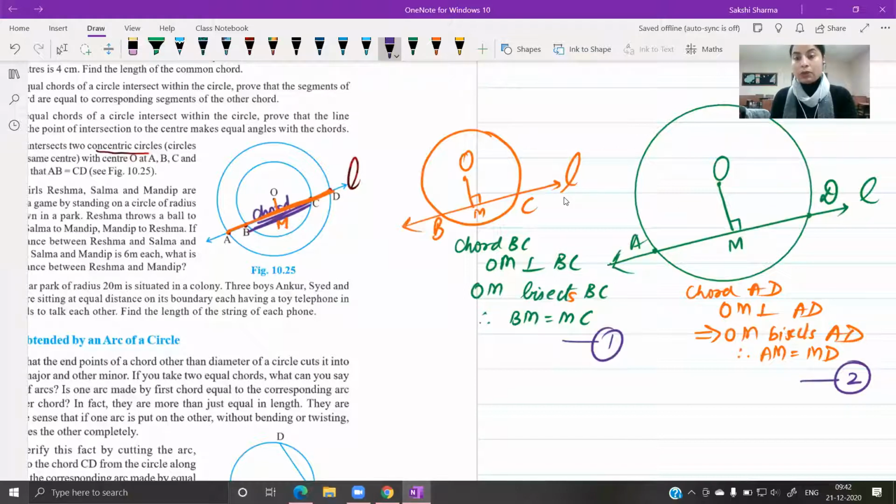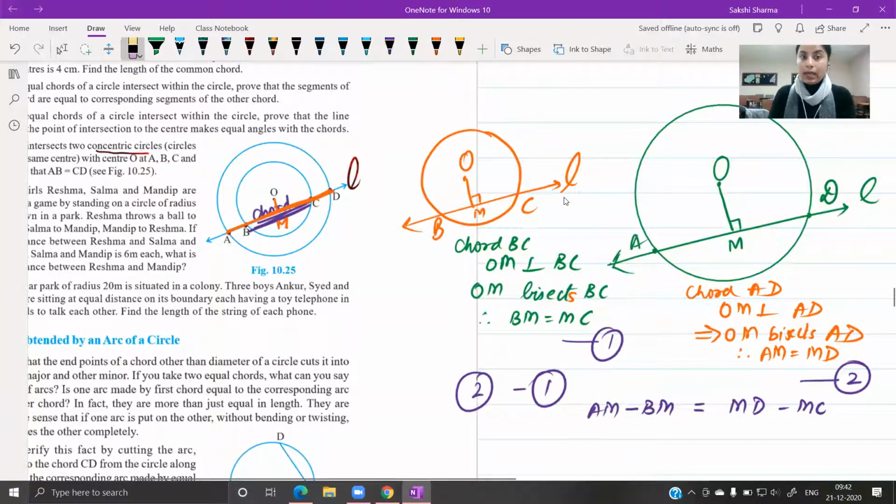So I'm going to now subtract the two. The parts of the larger chord minus the parts of the smaller chord. So AM minus BM. On the right hand side, MD minus MC. So focus on the figure given in your book and try to observe what will happen if I do this. AM,